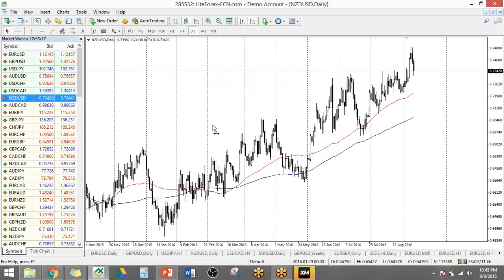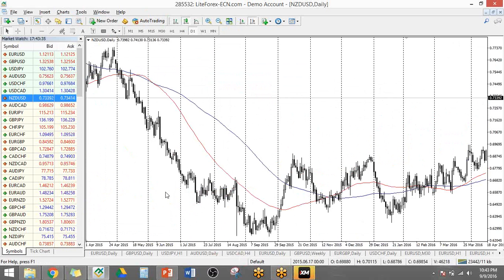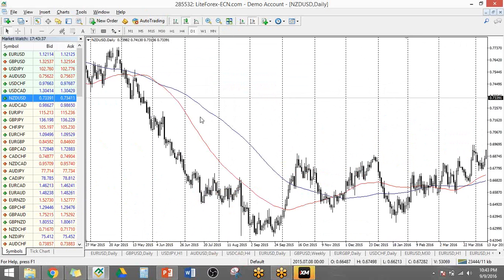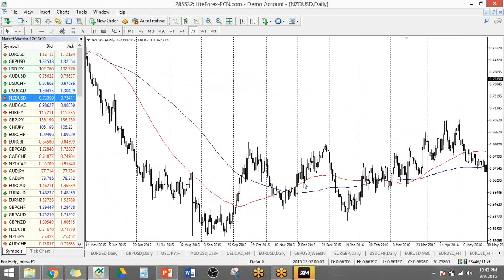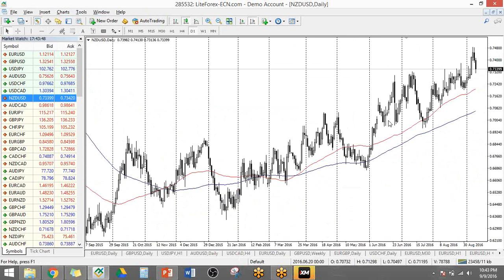All right. So as you can see from there, every time the moving averages cross each other, that means there's a probability that there is a change in trend. Okay? Not always, but there's a probability that there's a change in trend. So for example, you have this one, it went down, crossed back up, then you have a probability of a change in trend, cross back down, cross back up, and then continue upwards, right?